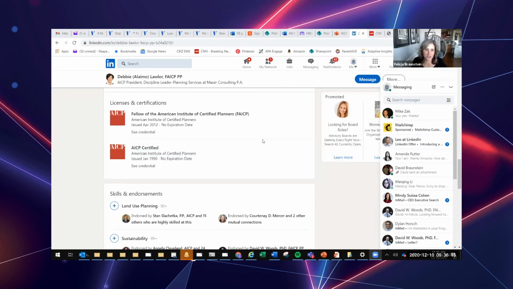Thanks, Jen. I wasn't sure if I should go into that or not. This is an example of AICP badges that we put together. And the candidate one will be similar. It'll have an orange box. This person is the president of AICP. So there's one for each accomplishment and they don't go away.